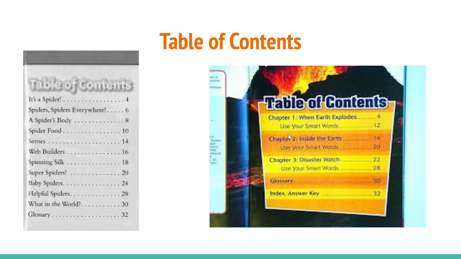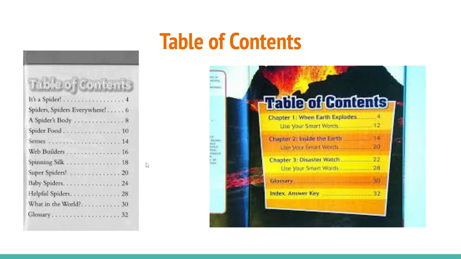The next thing we would see in a nonfiction text is a table of contents. The table of contents gives us all the different sections that the book will be about. So this book has a table of contents that tells about the different things happening in the book. So the first section is called It's a Spider. So it'll probably be talking about what makes a spider a spider. Or later on, it talks about baby spiders. So it would talk about how baby spiders are made, if they're born alive or if they